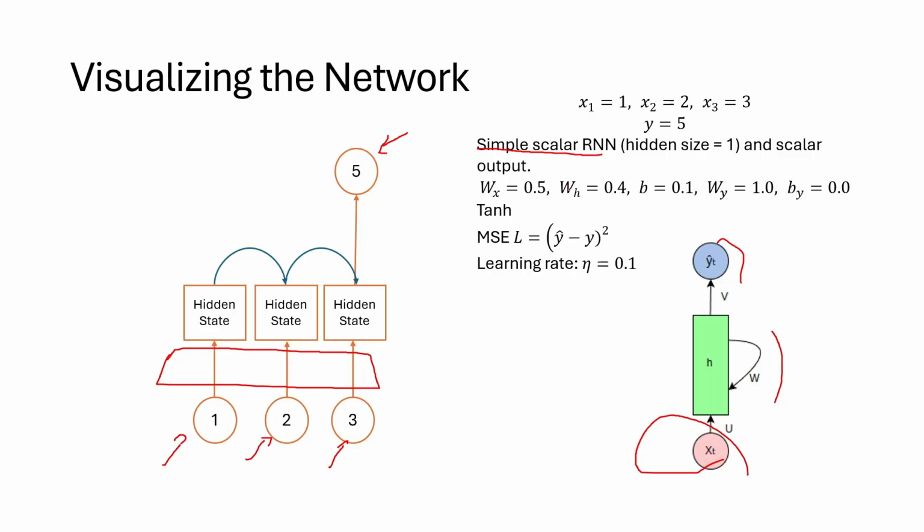This weight Wh is for this part, and it's the same from going from this state to this state, and from this state to this state. And the weight Wy is this one for the